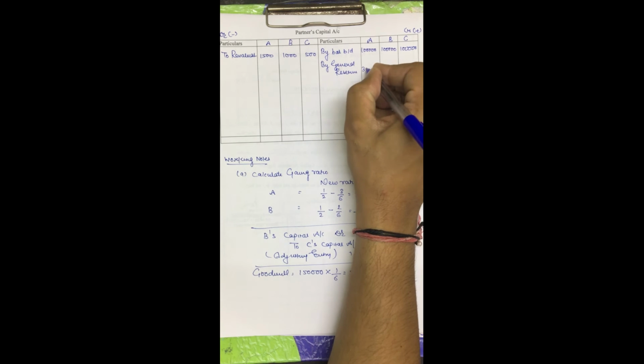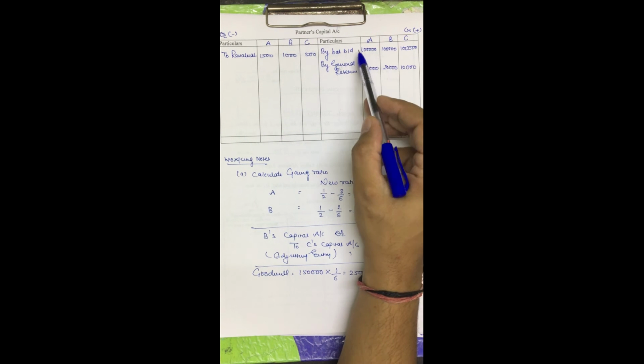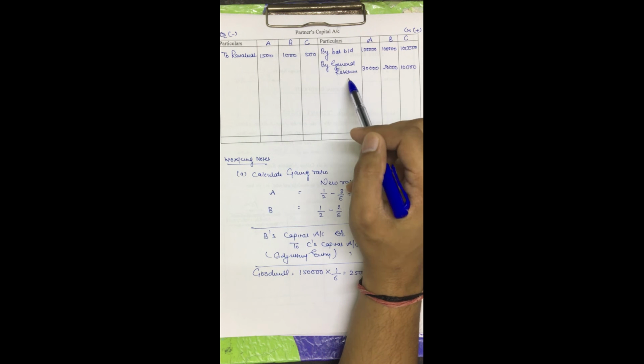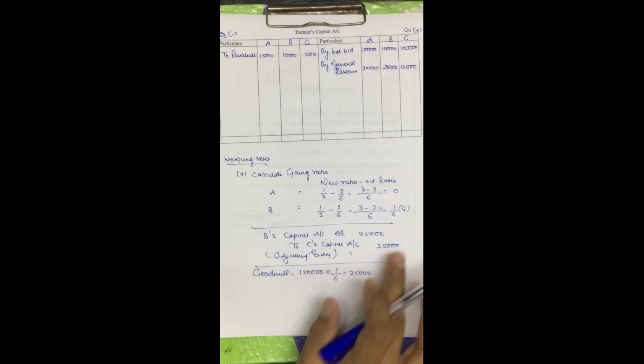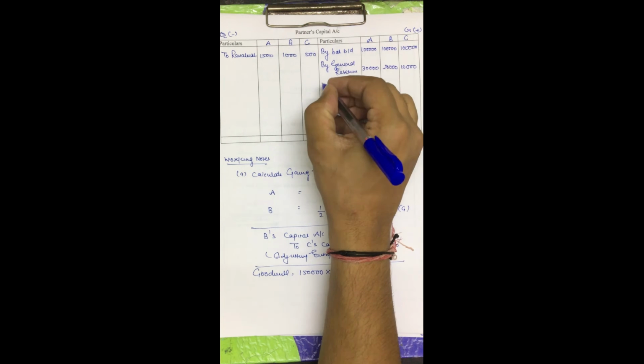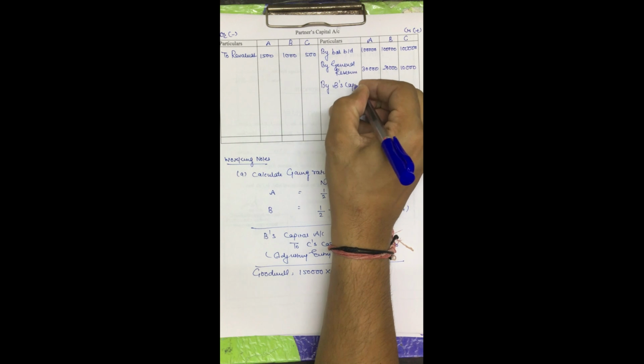Remember, the whole question will be solved between the old partners in the old ratio 30, 20 and 10: 30,000, 20,000 and 10,000. So first process, capital balance. Second process, revaluation. Third, balance sheet asset side. Fourth, balance sheet liability side. Fifth, we will pass the adjusting entry into the ledger. So C's capital account credit. This is a credit of C, and we will put here by B's capital, that is 25,000.